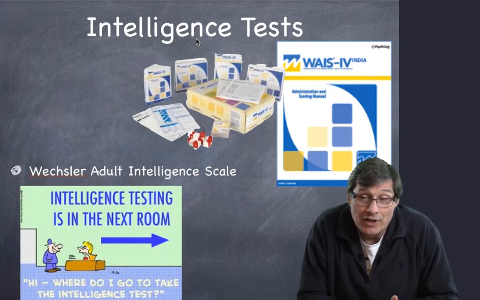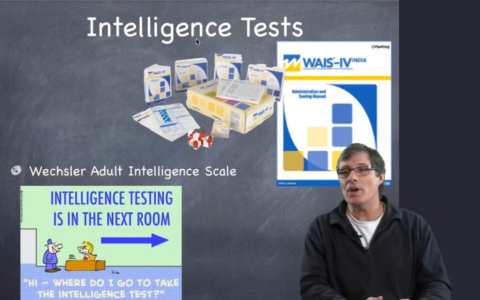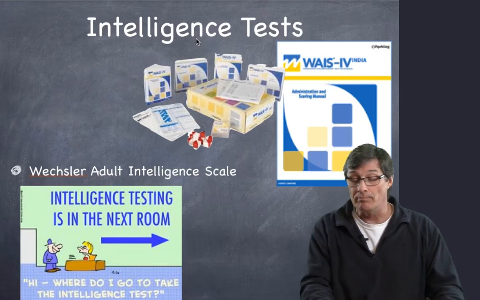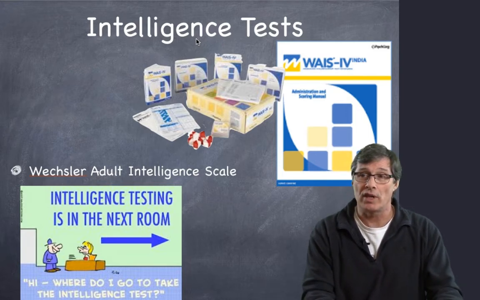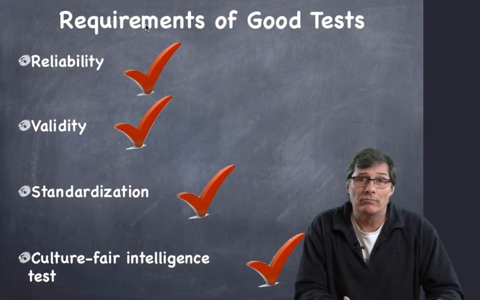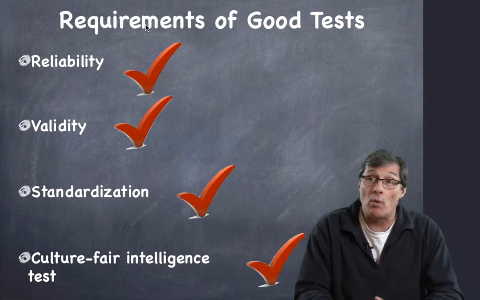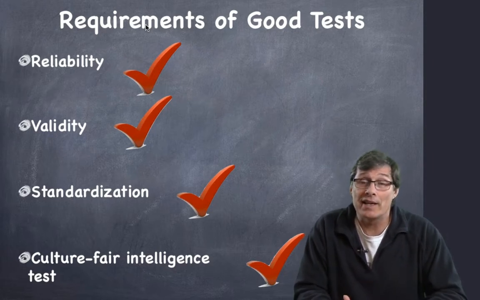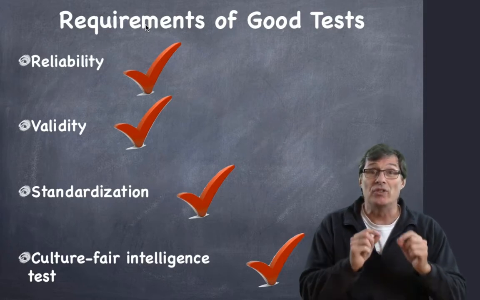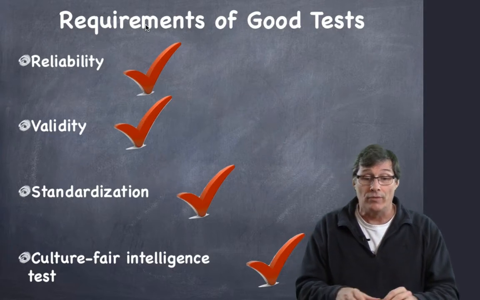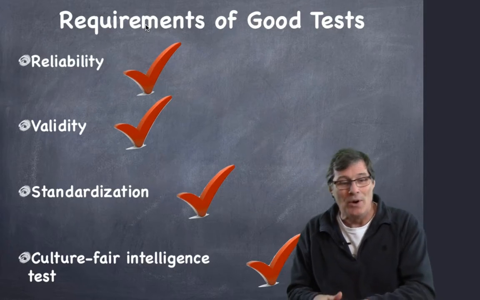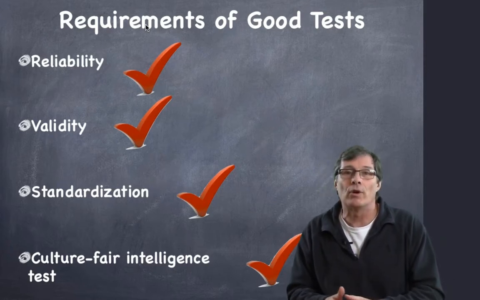And so intelligence tests are questionable in terms of their overall reliability, but there is a method by which tests are screened to ensure that they are as good as it's going to get for now. So when we look at how they arrange tests, the requirements of having a good test, it starts with reliability. Reliability is the ability of the test to yield nearly the same results from the same people who are tested and then retested on the same test or an alternative form of the test.